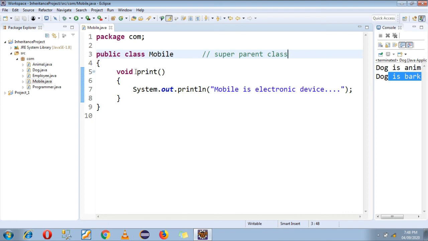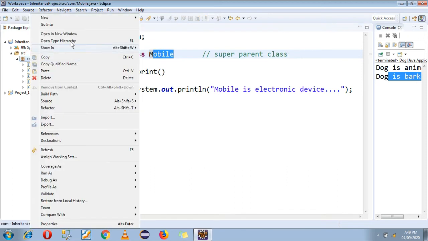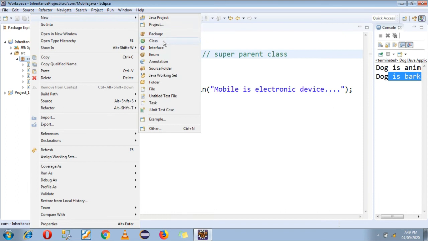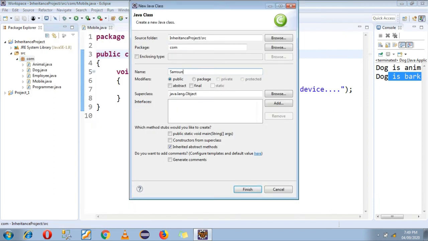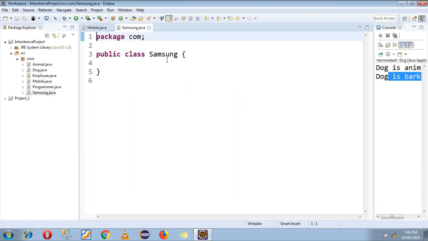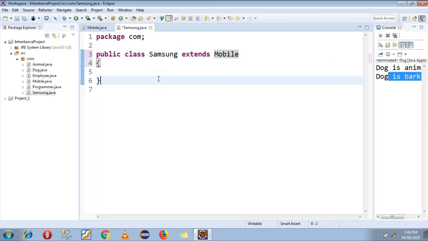Now I am creating another class, suppose Samsung. In this Samsung class I want some property from the Mobile class. So what I am doing, I am just using the extends keyword, then my super parent class name, that is Mobile. In this Samsung class I am just defining one function, suppose a void show function.